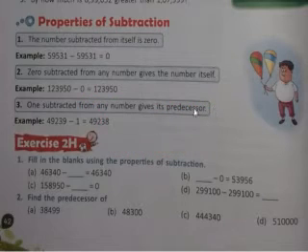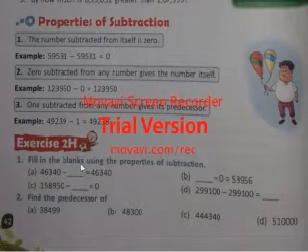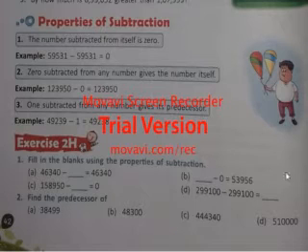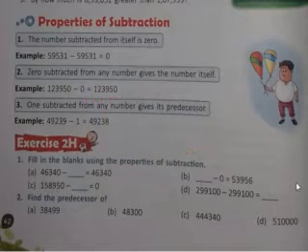So now it is 2H over here. By using the same properties you have to write. If you will see, in both the places the numbers are same, so what will we be writing? We will be writing over here 0, because if 0 is subtracted from any number, then the number is same. Here also you can see it is 53,956 and minus 0 is there. Same property is applied over here also. If 0 is subtracted from any number, then the number is itself. So here it will become 53,956.